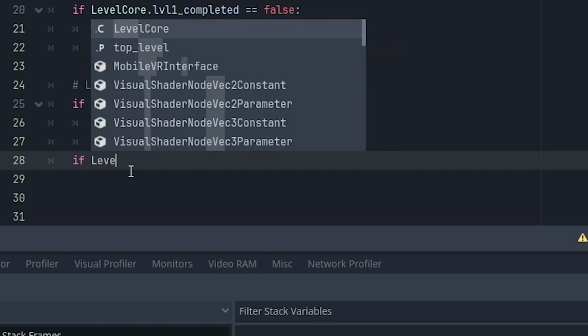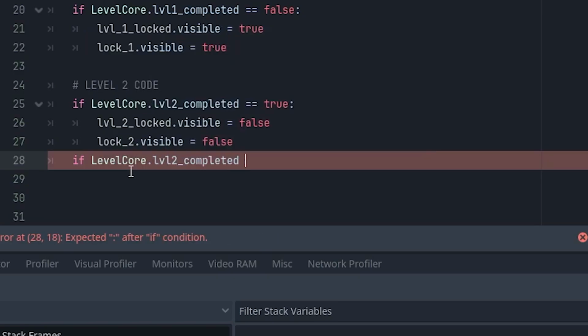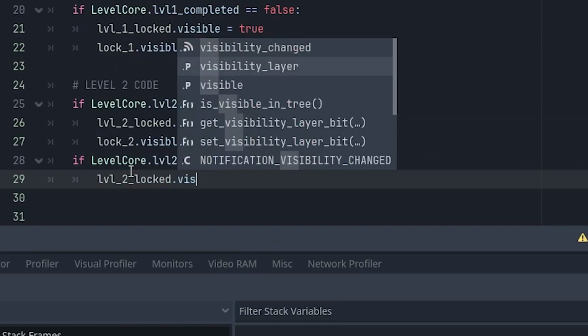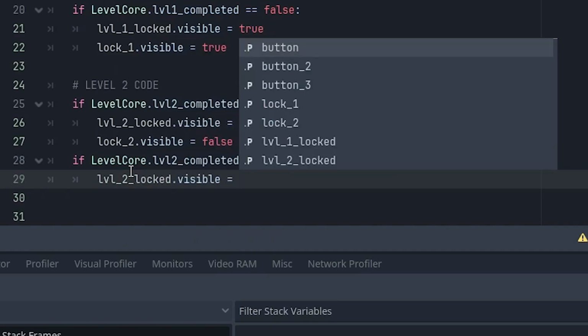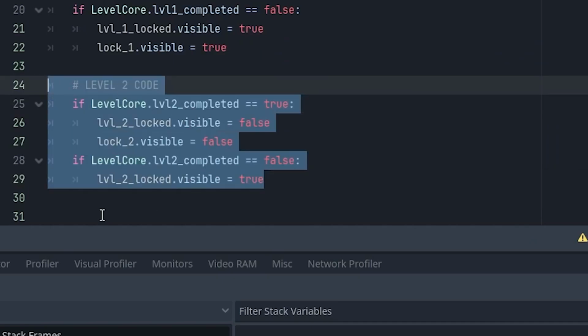If LevelCore.level2_completed is equal to false, level2_locked.visible equals true. And we can copy and paste this,